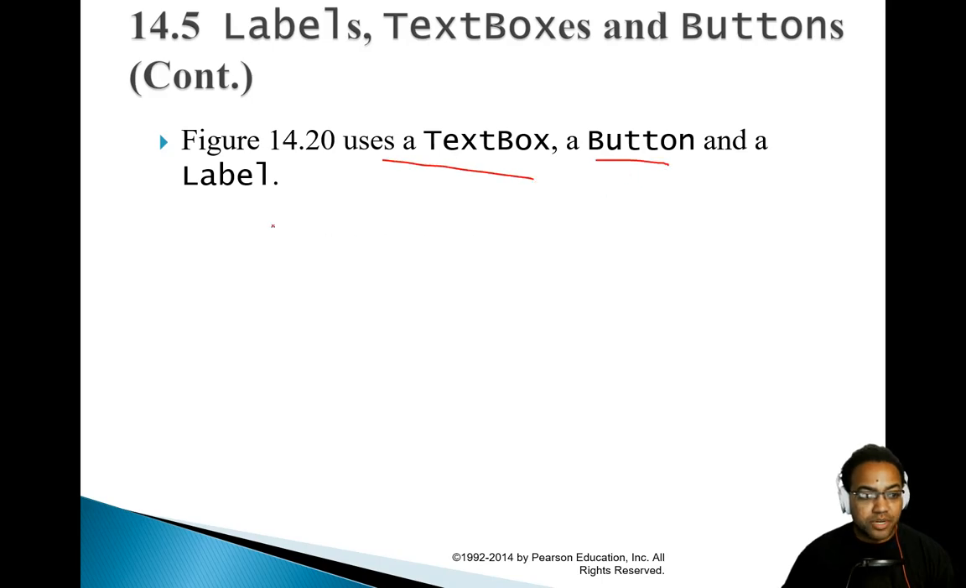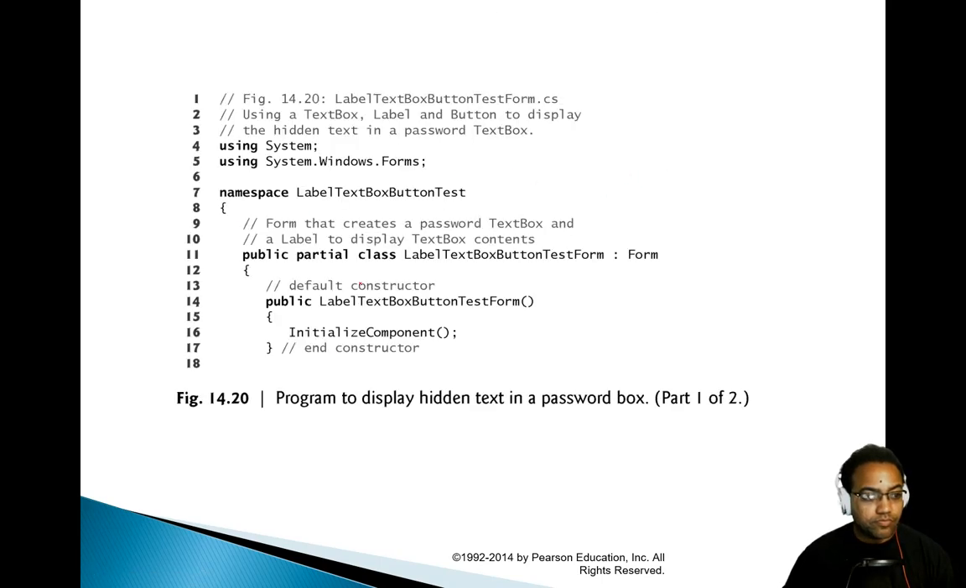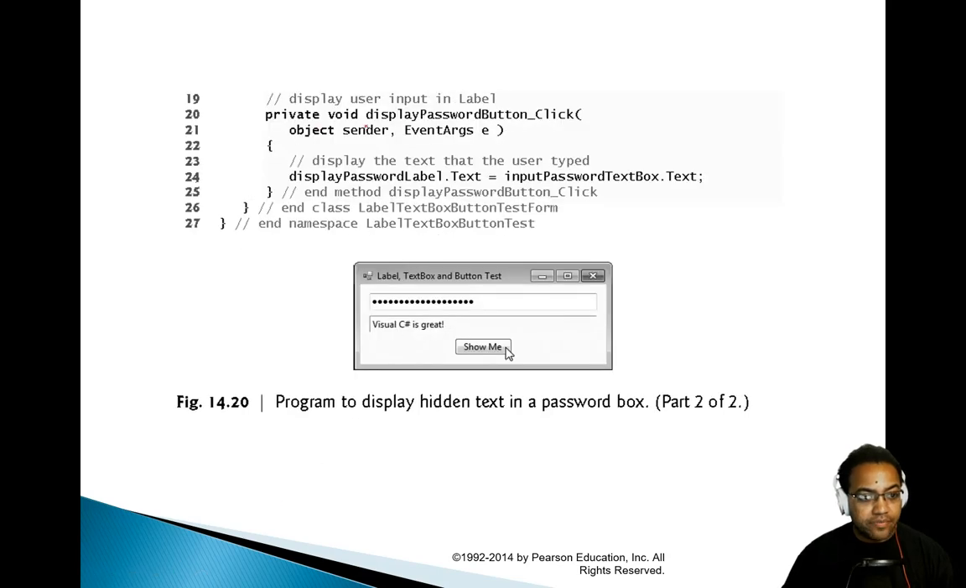This uses a text box, a button, and a label. And here we go. So here's the label, text box, button test form. The component was initialized, and then the password click is the actual button here, and it says that it wants the input password text box text to display in the label here. Well, this is a text box too, but